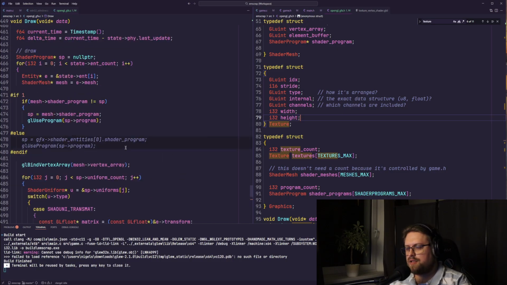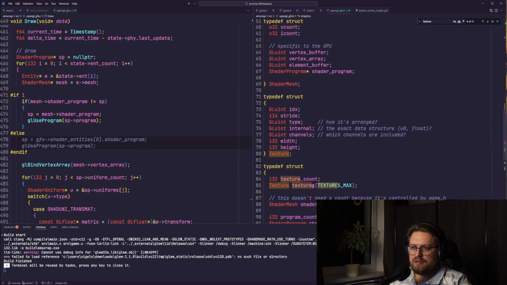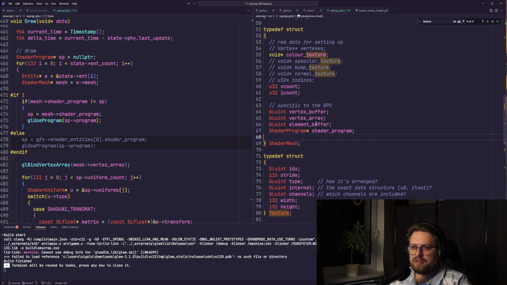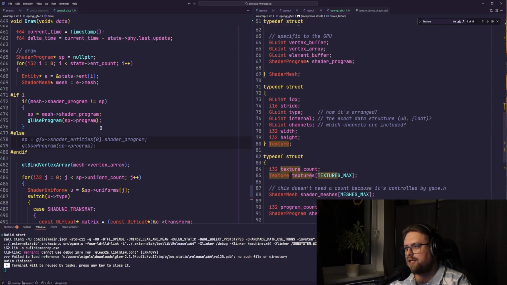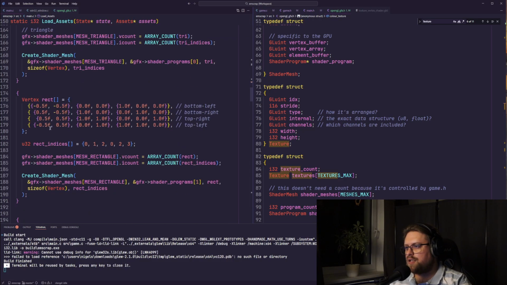So when should I assign it? Where even is it right now? Shader mesh? I guess so. So I'm just gonna say this rectangle